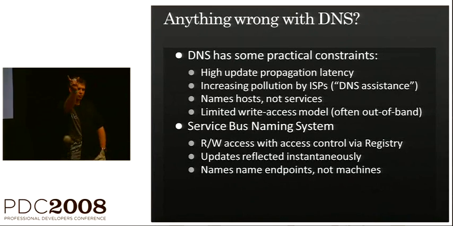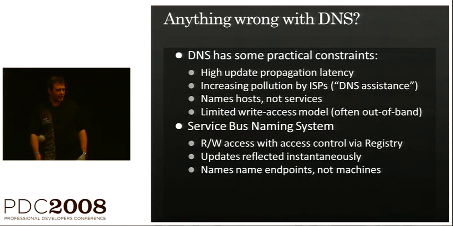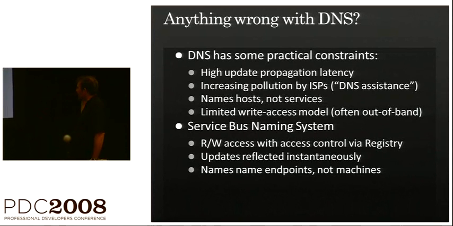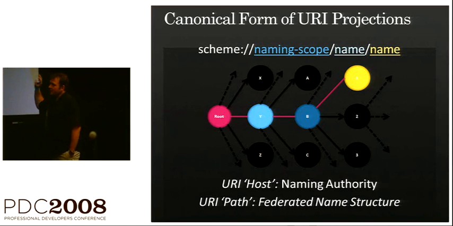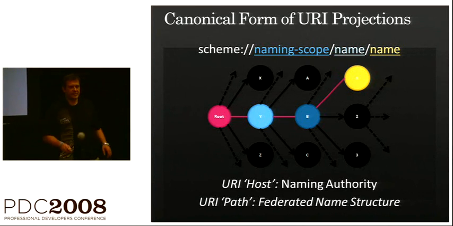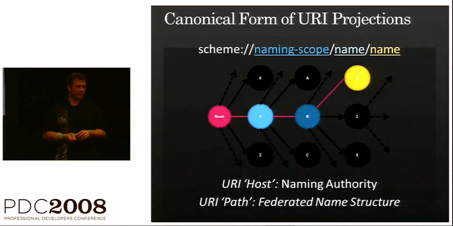So the service bus naming system is a naming system that's DNS integrated. We use the root of the names of the DNS system, but then we have our own naming system that's sort of extending this, which is hosted in our cloud. And this is sort of how this works. We have a hierarchy of names that's maintained by our system. So we have a federated namespace model. The root is rooted in some DNS name,